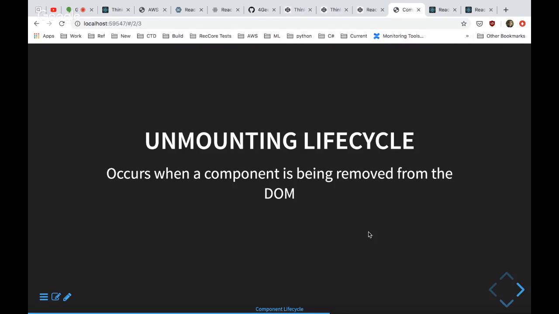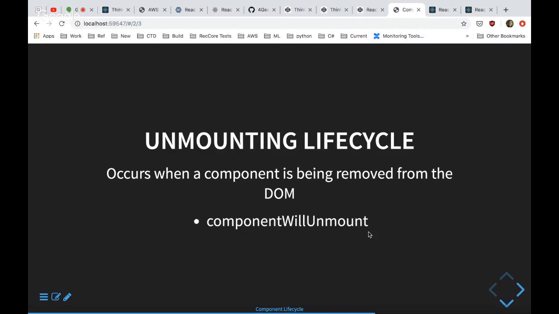The unmounting lifecycle is one of those that you don't necessarily need to focus on as much, but it can be critical. I should have some slides in here saying what you would want to do in some of these different steps of the lifecycle, but there are different things you might want to do in each one. Unmounting is if you have resources that you've set up for your component and they're lying around somewhere, which I'll emphasize in the demo as well. That's when you want to make sure you delete those things so that they don't stay around after your component and don't keep taking up resources.